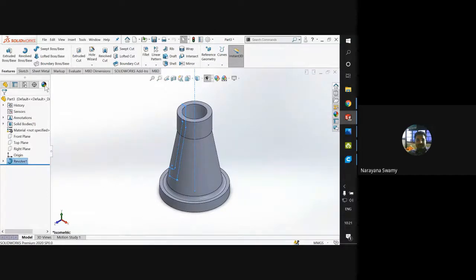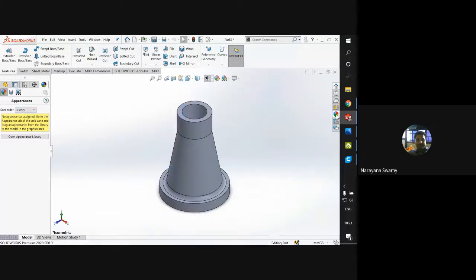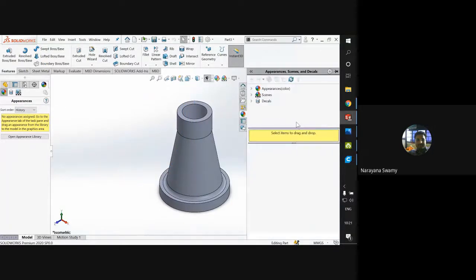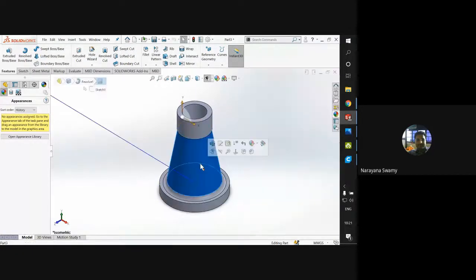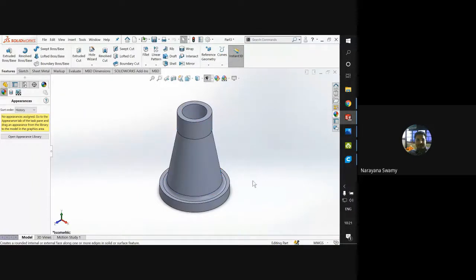Okay, so if you want to change the appearance, in the colors, so this is what exactly we can produce, the 2D and 3D sketches.